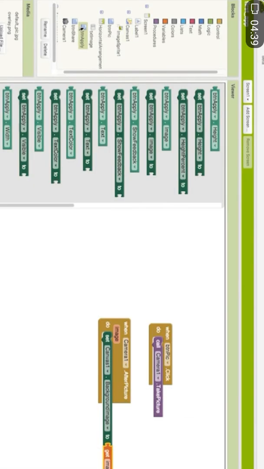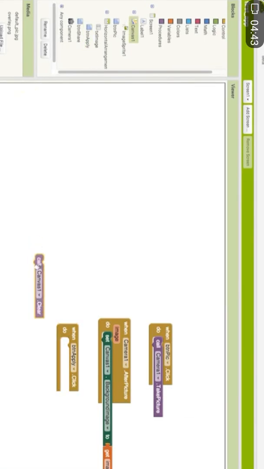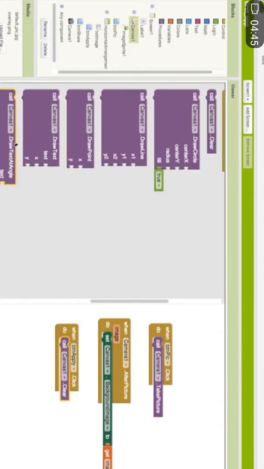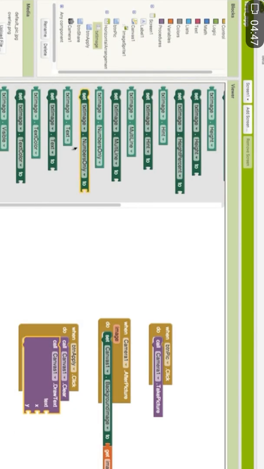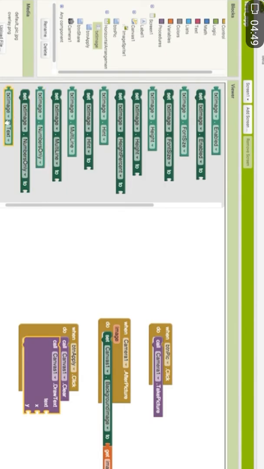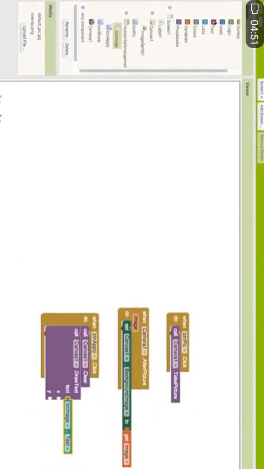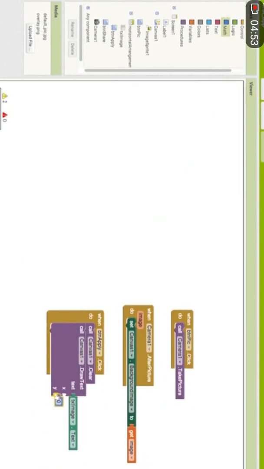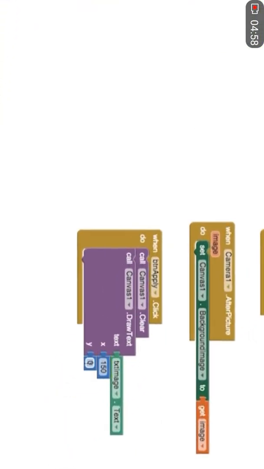Then to add overlay text, drag out a when clicked block for our apply button, and then with the canvas, clear it and then draw text to it using the text box as the source. The X and Y values are for the width and height positioning respectively. Dragging out a number block, I'm setting X to half of my image width and Y to about